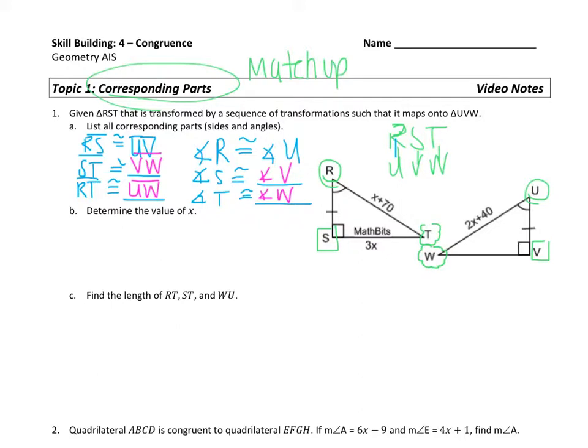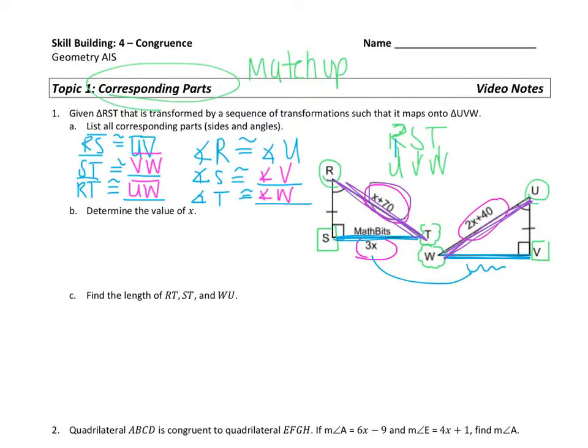Once we have 1A done, we get to move on to 1B. Determine the value of x. When I look at my picture, I notice 3 different expressions with x in them. But when I remember what parts correspond, I know that ST matches up with VW. And there's nothing expressed here on VW, so I don't want to match the 3x with anything right now. I also remember from looking at my corresponding parts that segment RT corresponds with segment UW, which